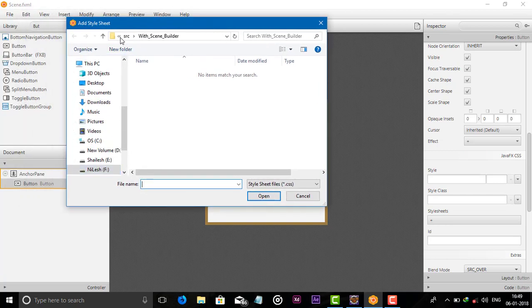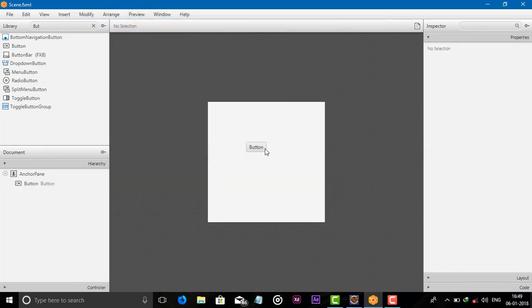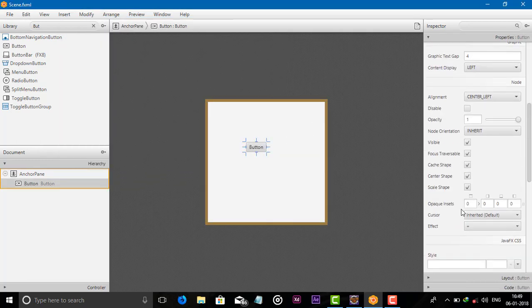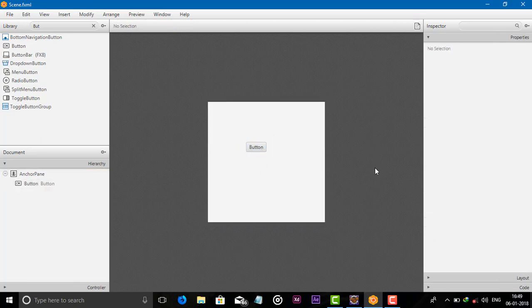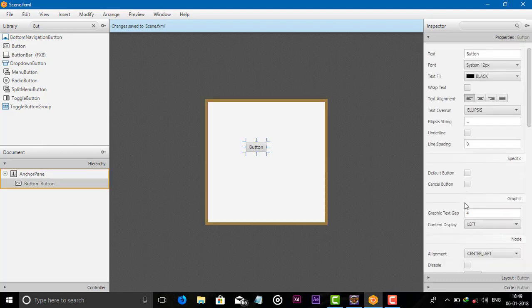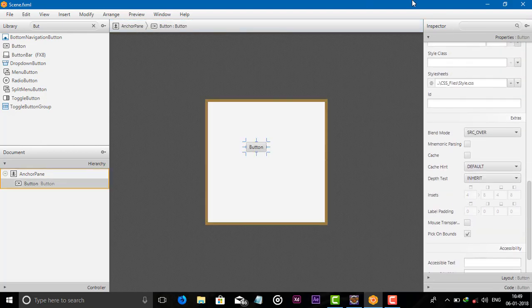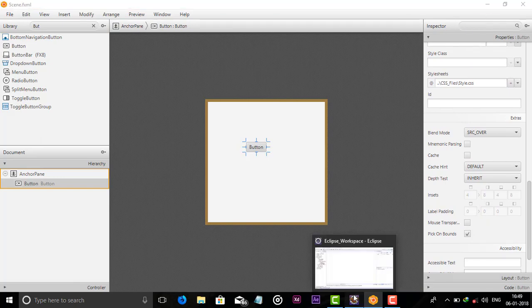Now go to your project file, source file. In the source file we have one package, CSS files. Now choose style.css and open. So it doesn't change our button because we didn't add any syntax in our style.css file. So this way we can add style.css in our FXML file